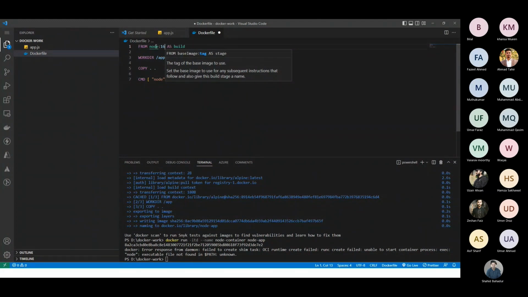तो मैं नोड के 16 वर्जन की ही इमेज को यूज करता हूँ। मैं कहता हूँ कि मुझे उसकी अल्पाइन इमेज चाहिए, ठीक है। अगर मैं नोड का लेटेस्ट वर्जन लूंगा, तो वो 19 होगा, 19 की बेस इमेज आएगी जो कि बहुत हैवी इमेज होगी। लेकिन मैं कहता हूँ कि मुझे उसका अल्पाइन वर्जन चाहिए, तो हमने नोड की अल्पाइन इमेज ली, जिसके अंदर मुझे नोड की फैसिलिटीज या फंक्शनैलिटीज मिल जाएंगी, ठीक है।